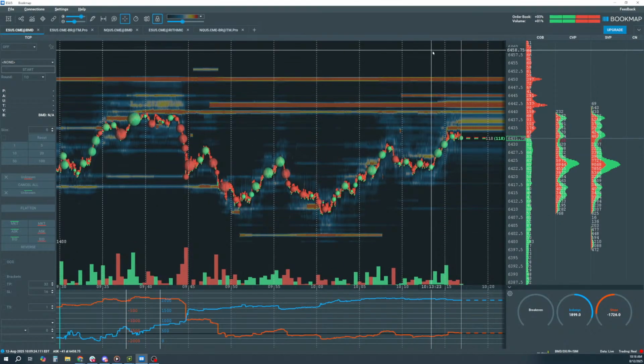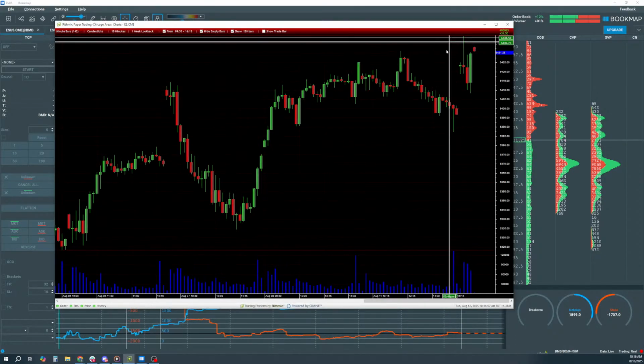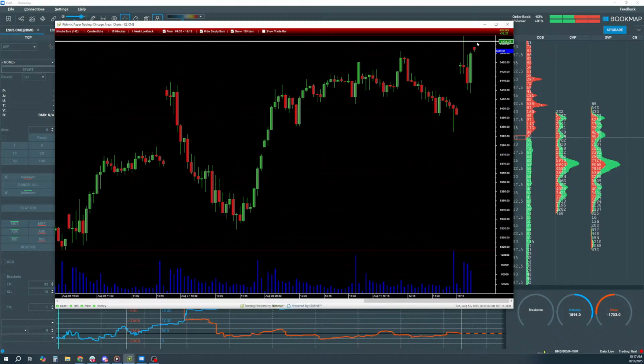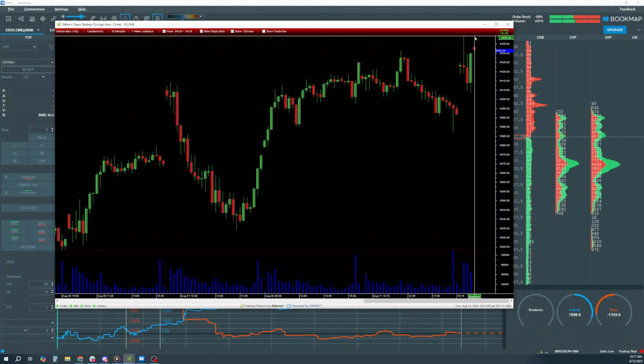Okay, so we looked at our higher time frame levels. Let's go back and take a quick look. All right, so we're looking for this momentum move here potentially, if we can get back up into some of the swings up in here. Okay, and the swing high for the day at 64.40 or above,